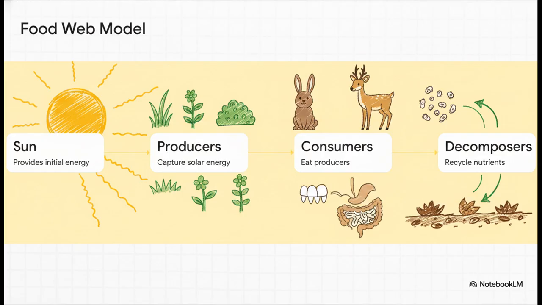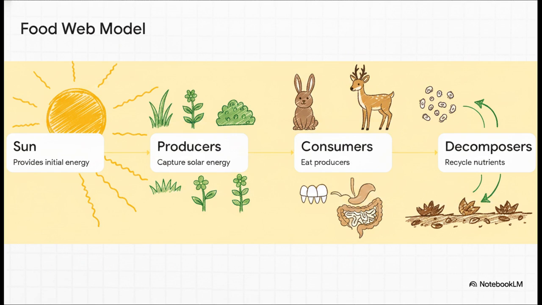Now, Step 3 is where consumers enter the picture, and this is where animal adaptations are absolutely vital. A deer doesn't just eat plants. It relies on highly specialized flat teeth designed specifically for grinding tough plant fibers, and a complex multi-chambered stomach to actually digest them. Without these specific physical structures, the animal just cannot survive, and the energy flow stops dead in